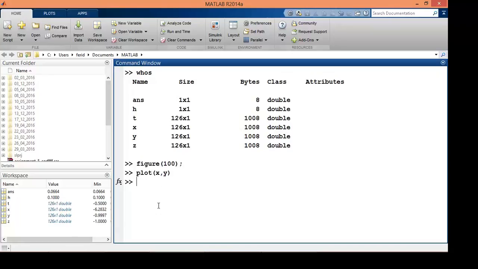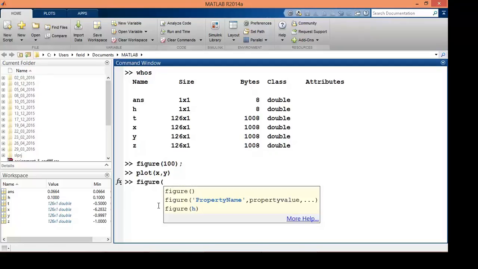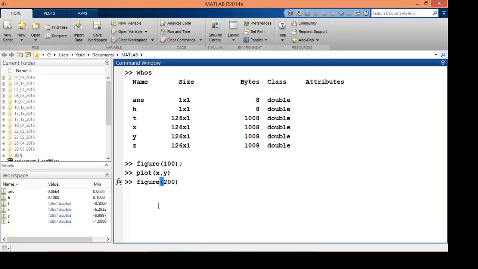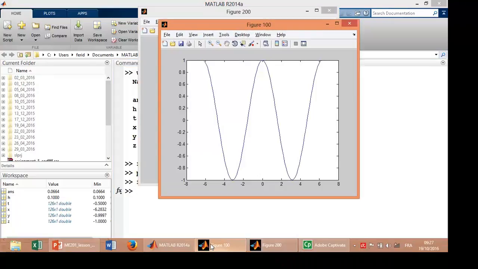So now I can define the figure 100 or 200. No problem. There is no problem in the numbering. It is better for you to start from 1, 2, 3 to be structured, to be organized. Okay? But you can choose any number you want. The most important thing is that you keep in mind, if you give a number to a figure, this figure is defined by this number. It is as simple as this. Figure 200 is another figure,